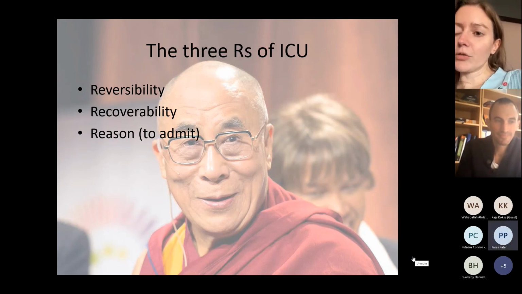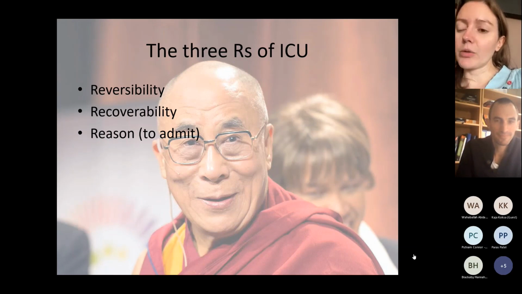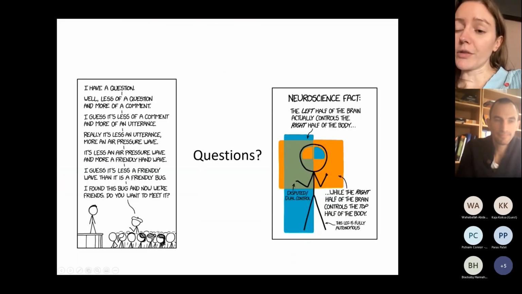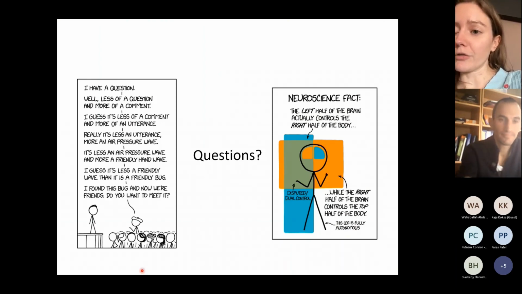GCS isn't always great because it can be variable depending on who's done it. It's a bit subjective. But yeah, sometimes, as Chris said, the motor score is actually the most important part of the GCS. So you can always emphasize that. If somebody's just not talking and not opening their eyes, it's not as important as somebody who's extending to pain, for example. So you can always emphasize that if they're being difficult. But yeah, there's not much that you can necessarily do to encourage the neurosurgeons to take a patient, to be honest,